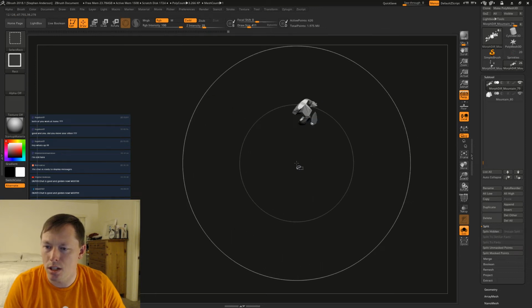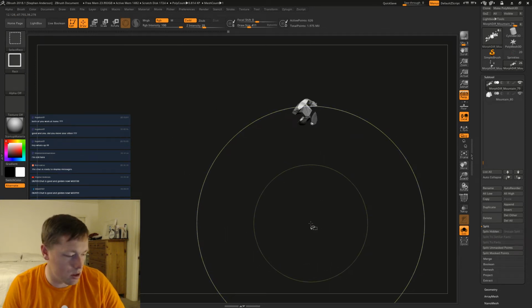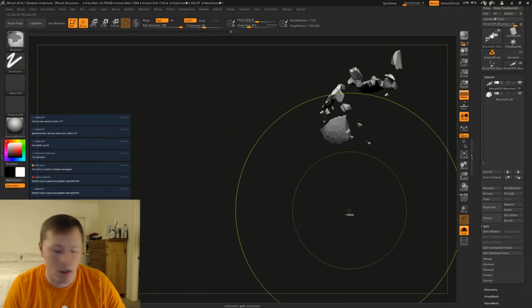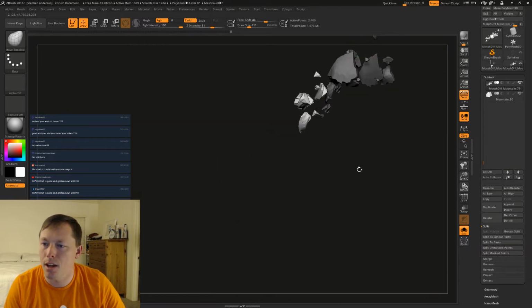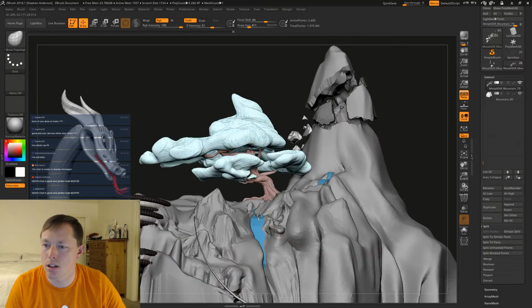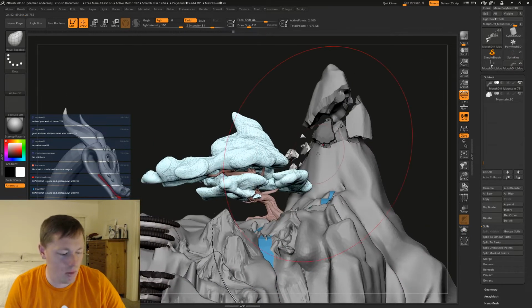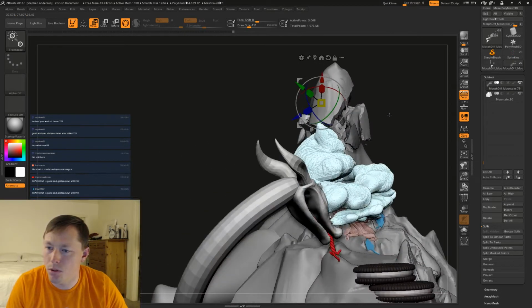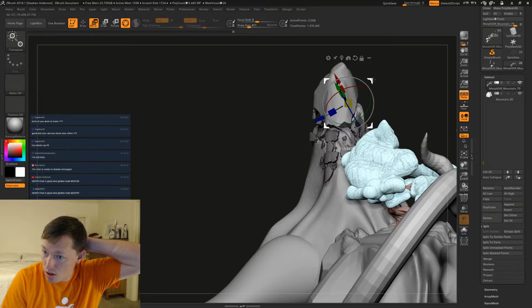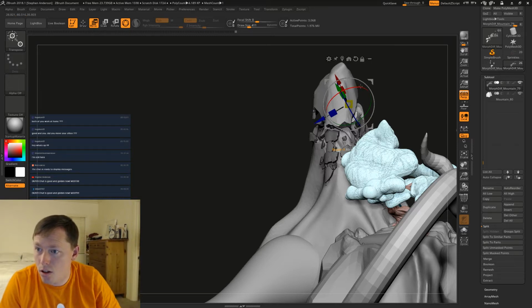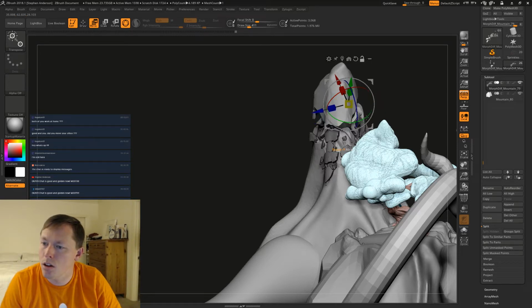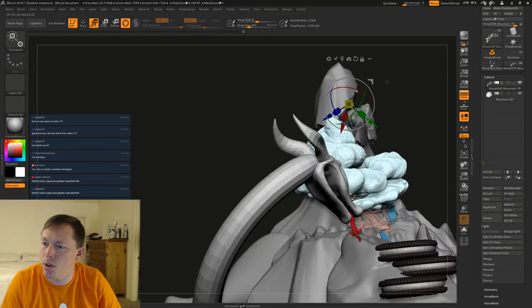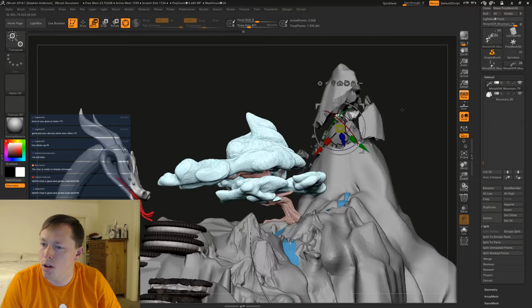Let's go ahead, let's do this. Control Shift A, Control A. That way we have just these pieces active. And we'll Control drag them up. Let's do this. We'll flip it around and flip it upside down.